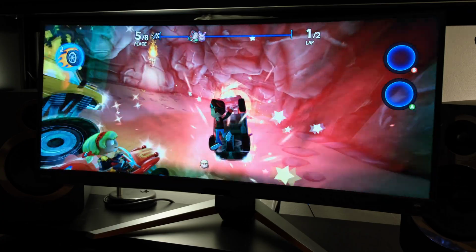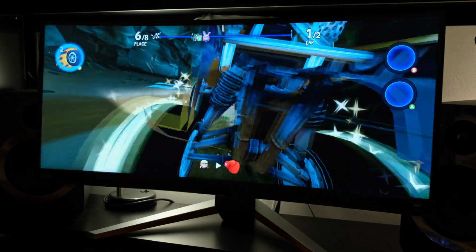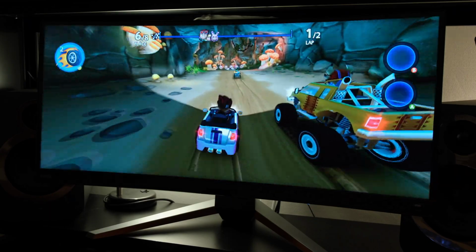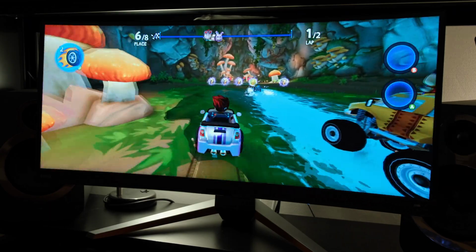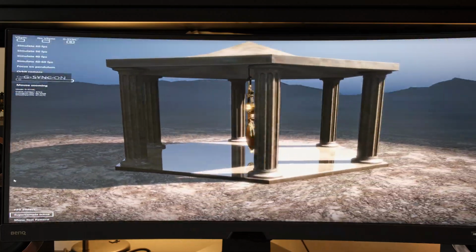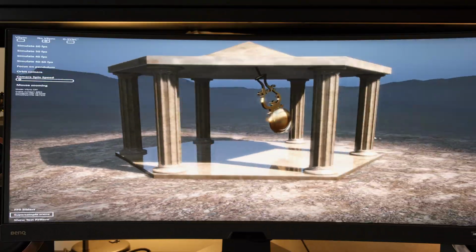You don't really notice too much extra curvature given the size of the monitor, which is around 34 inch. Now elsewhere, you'll also want to know about AMD FreeSync and G-Sync. Now this has got AMD FreeSync certification, and while I don't have an AMD graphics card, I was able to plug this in via DisplayPort to my RTX 2080 Super, and I was able to run G-Sync, in other words